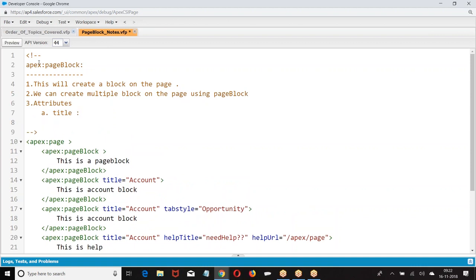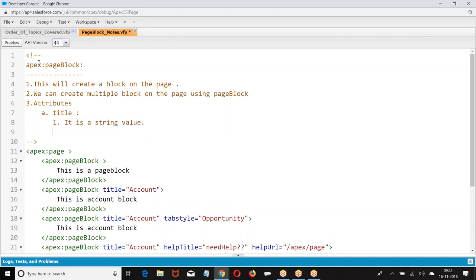What is the title? It is a string value. This will be displayed as a label on the left corner of the page block header.